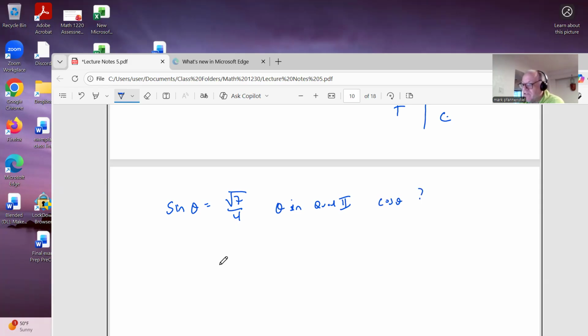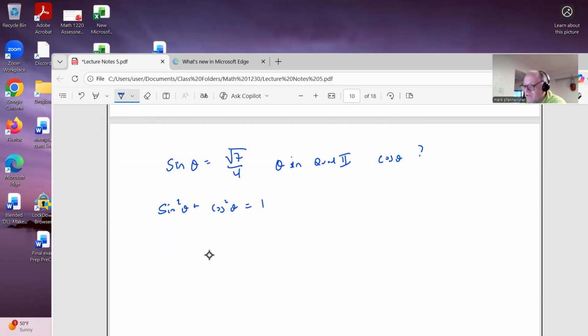Well, here's what we're going to do. We're going to say that we have sine squared theta plus cosine squared theta is equal to 1. Let's go ahead and plug some stuff in. So we have the square root of 7 over 4 squared, because the sine is square root of 7 over 4, plus I don't know what cosine squared is. That's what they gave us the job to figure out. Now, let's go ahead and square this. The square root of 7 times the square root of 7 is going to be 7. 4 times 4 is going to give us 16, plus I don't know what cosine squared is yet,